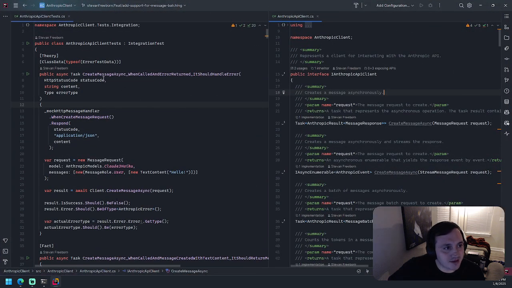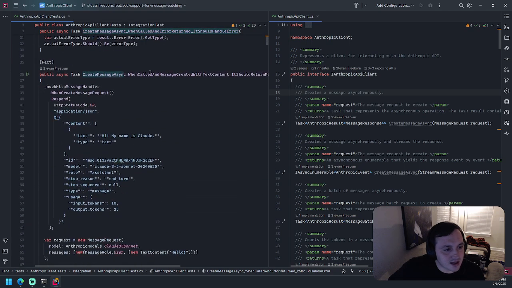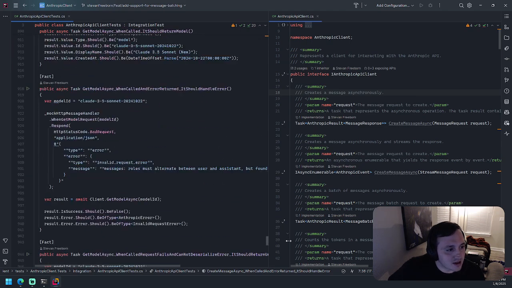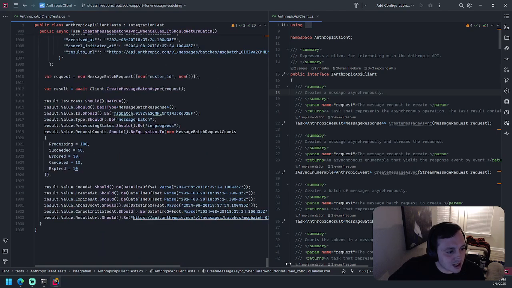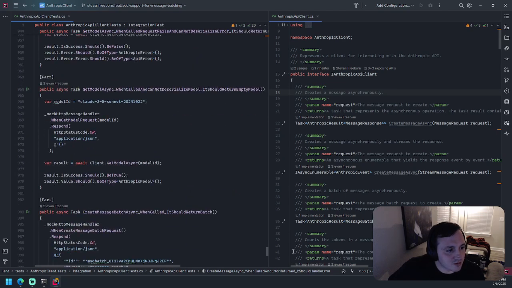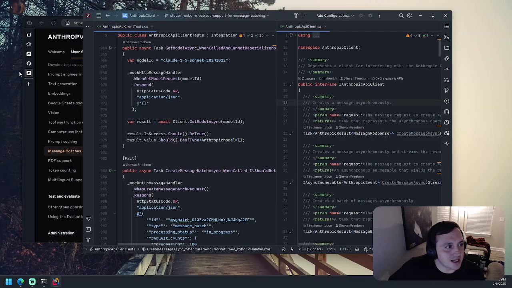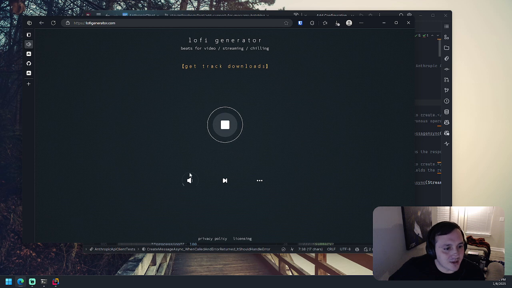Last night I got the create message batch endpoint working, and I even got a bunch of tests written for it. So I've got one integration test that's working end to end, and so I'm going to add